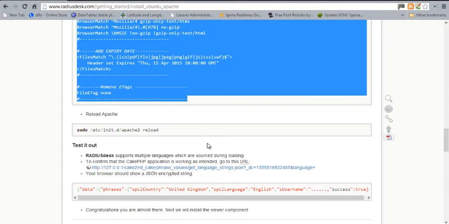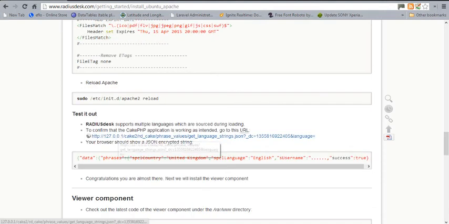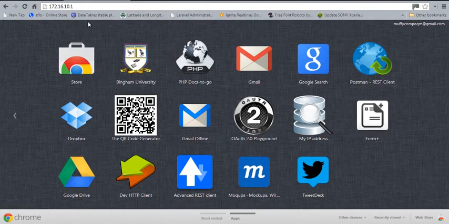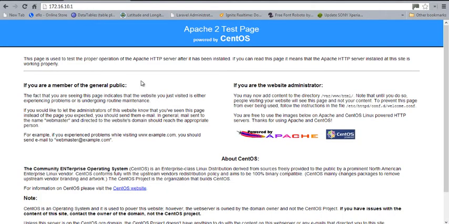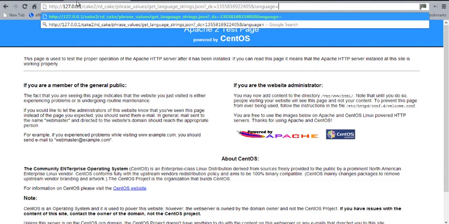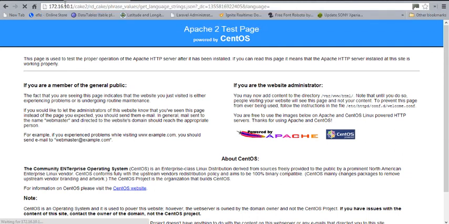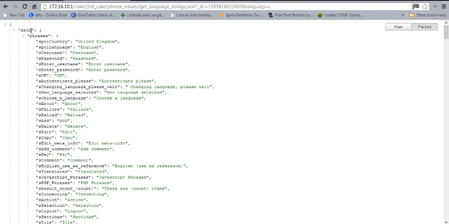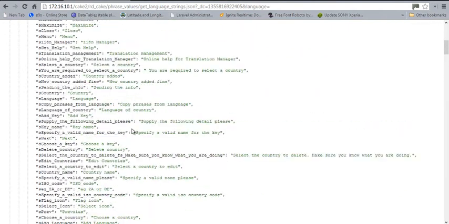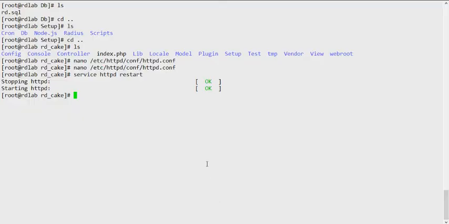Once we have Apache restarted, then of course we can go ahead and throw in this test. But before we do that, make sure we can hit the CentOS box. So you can see we have the Apache test running. So let's go ahead and copy this link and change this to match our setup. Okay, and hopefully if we've done everything right, we should be able to get the JSON file as you see here. But if you don't and you have an error, make sure you go and check the